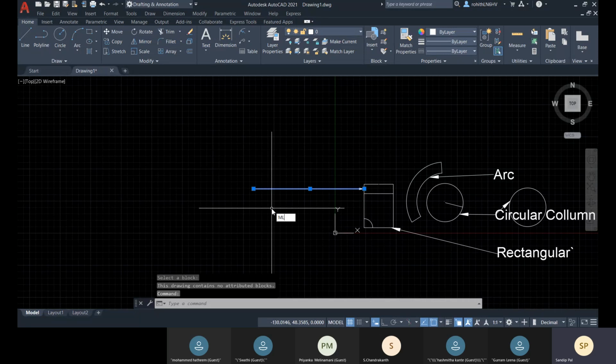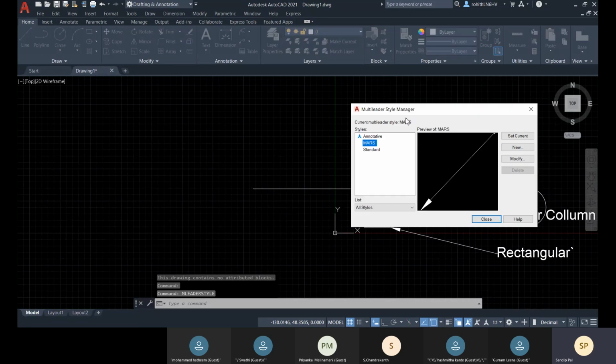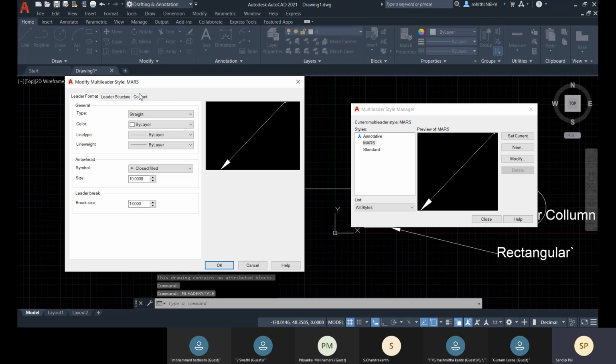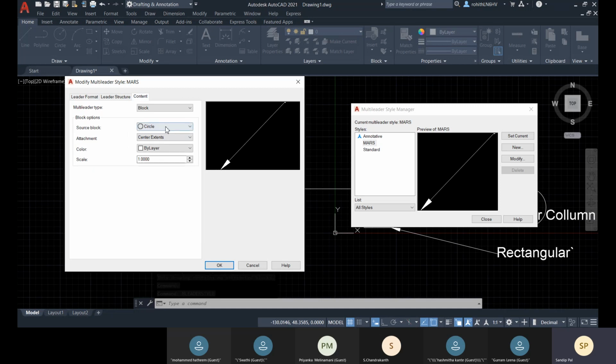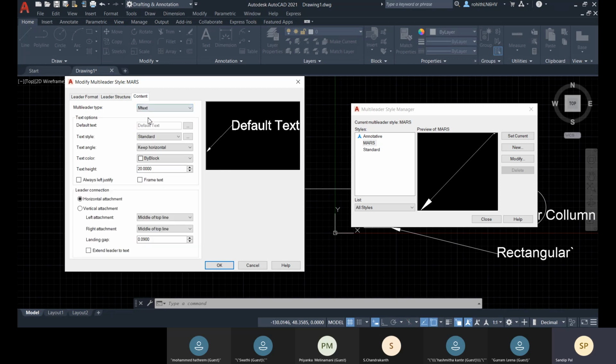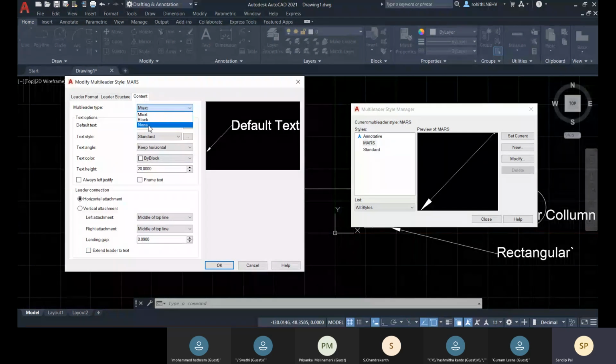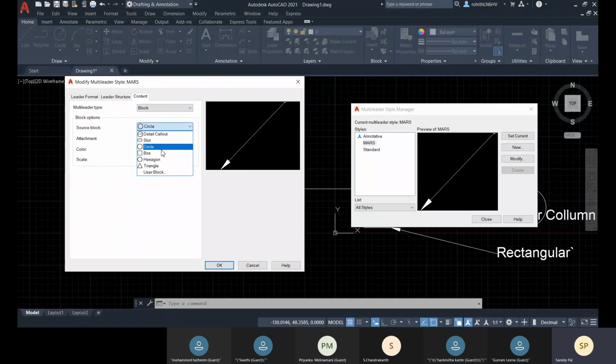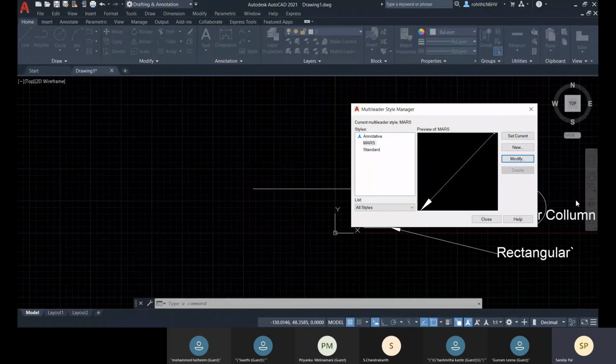So let me check the multi-leader style here, and let me go for this modify, go for this content, and so there we cannot change it. We are using this circle, okay? So no matter, no problem.